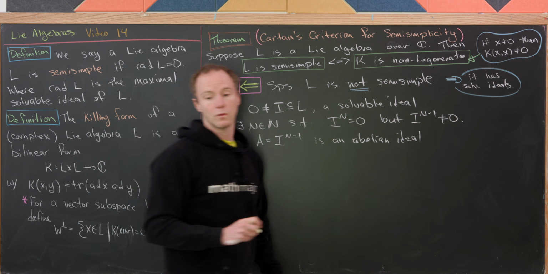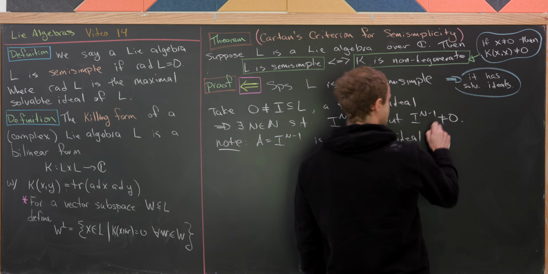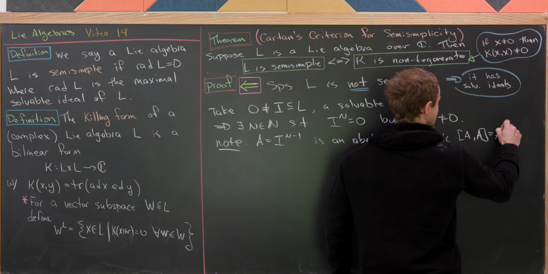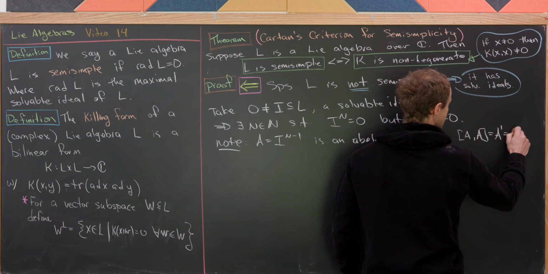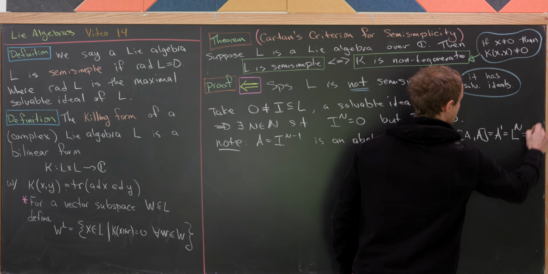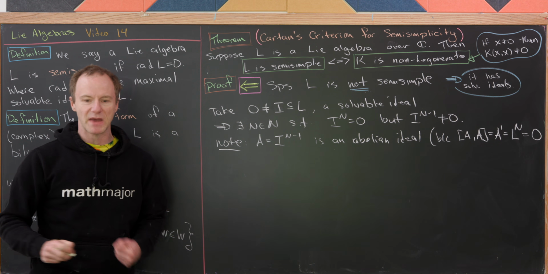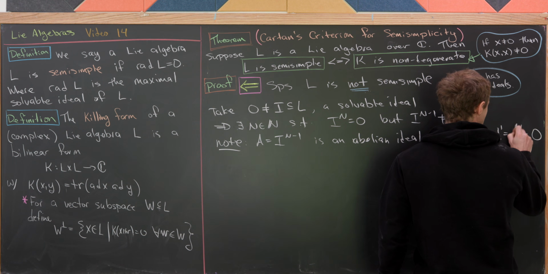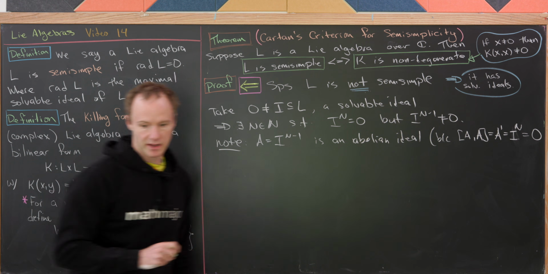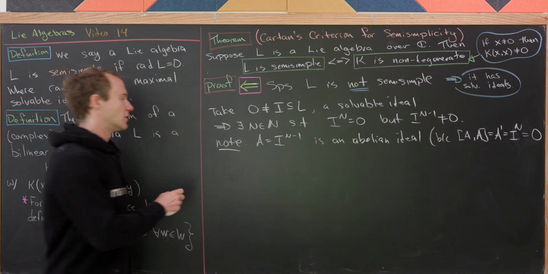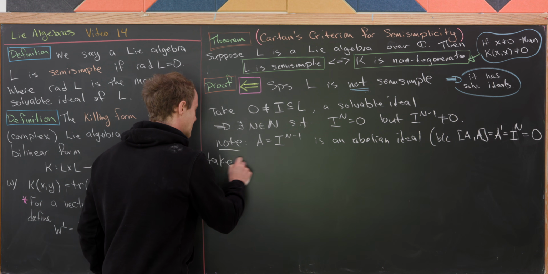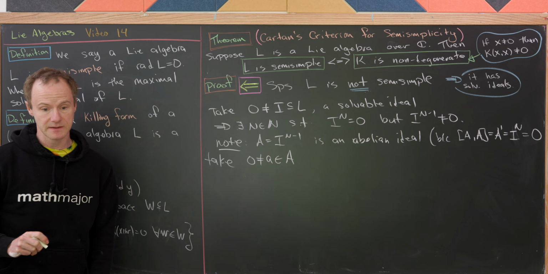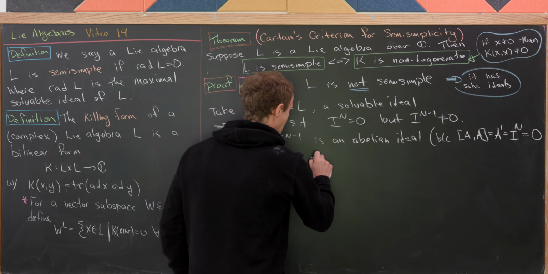Well, why is that? Well, that's because we know the bracket of A with itself. First of all, that's A prime, but that's also equal to I upper n, which is equal to 0, just based off of how we make this string of ideals. Okay, so next up what we'll do is take a non-zero element, little a from A, and then any